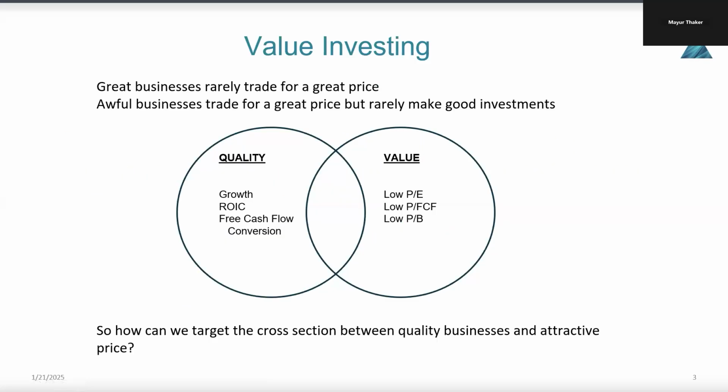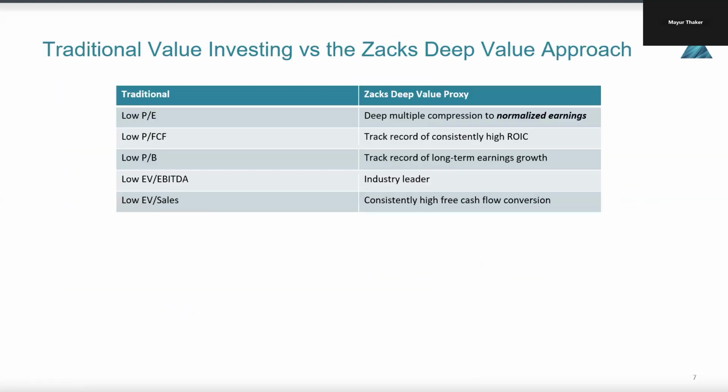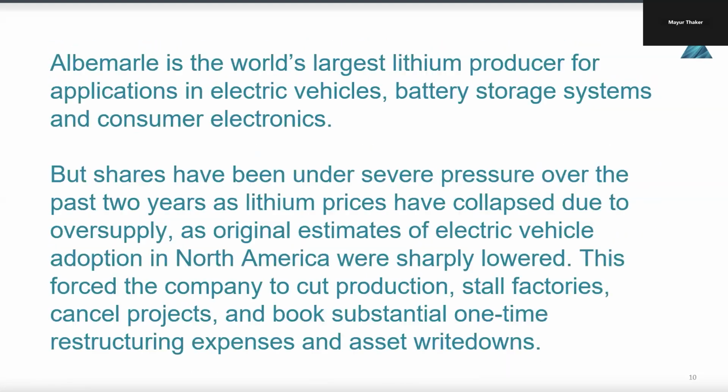So again, typically speaking, high quality companies don't usually trade at low PE multiples. They just don't. So the only time we can ever buy high quality companies at a discount to normalized earnings is when they are going through some rough patch, some difficulty, some short-term turbulence. Like I said, for Albemarle, it's because they overinvested in capacity. But again, we believe that is a transitory